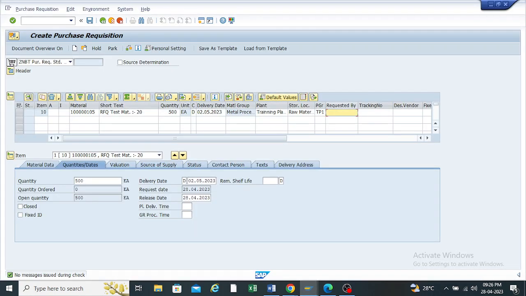Okay, so the requested by the requisitioner and this tracking number. Right now in this document type, this is an optional entry. But the business wants this entry to be a required or mandatory entry. So how can I do that with reference to my document type, because we have already done this in purchasing for required fields and all those things. In vendor master also we have done all these things